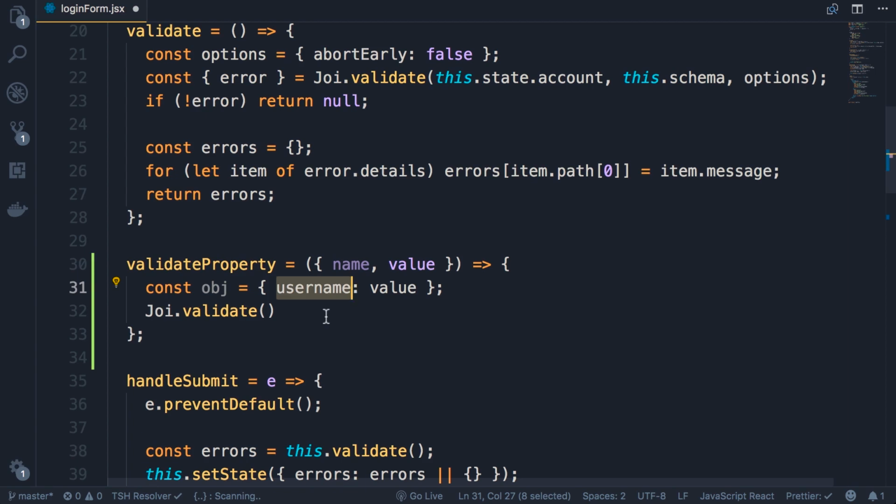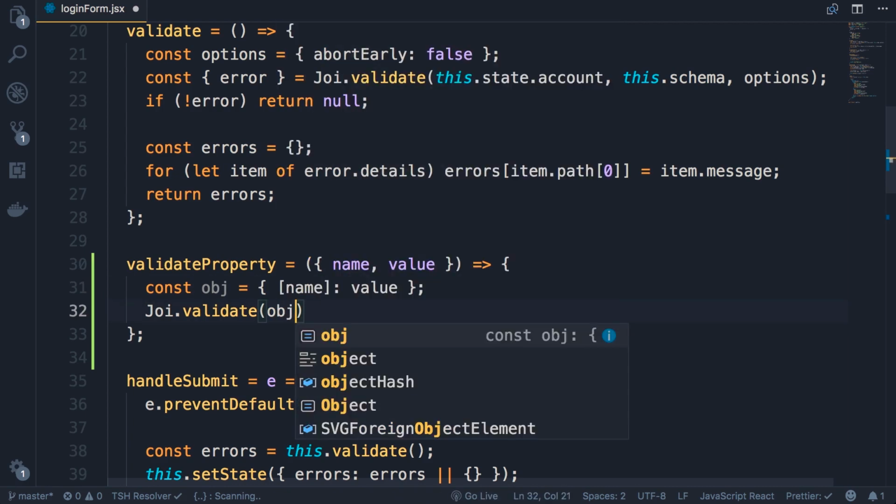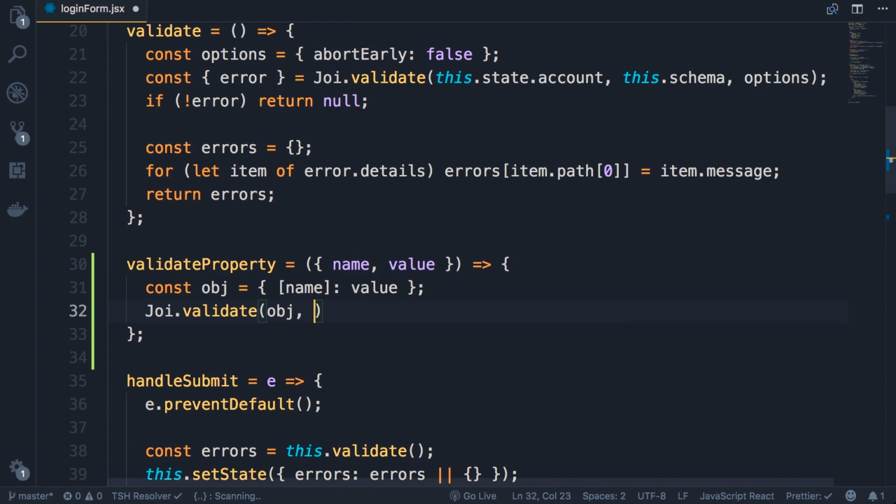That's where we use computed properties in ES6. So we replace this hard-coded key with square brackets and pass name. So whatever name is at runtime, that will be used to set the key, okay? So we pass our object here. Now as the second argument, we need to pass a schema. Once again, we cannot pass this.schema because this is the schema for the entire form. If we pass this simple object that has only a single property and validate it against this schema, Joi is